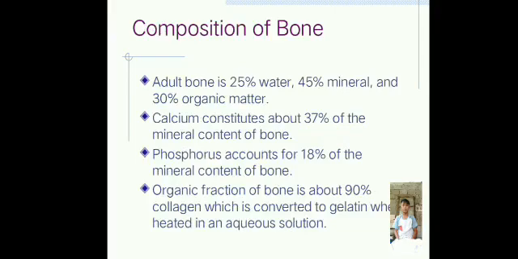Composition of bone. Adult bone is 25% water, 45% mineral, and 30% organic matter. Calcium constitutes about 37% of the mineral content of bone. Phosphorus accounts for 18% of the mineral content of bone. Organic fraction of bone is about 90%